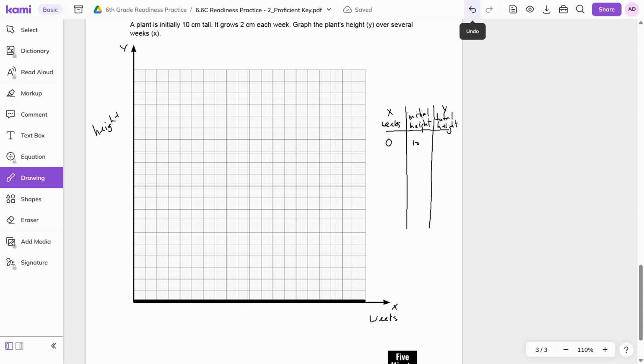Well, before anything happens, it's just going to be 10. So what we're doing is after that, it's going to grow 2 centimeters a week. So it's going to be 2 times our weeks plus its starting height of 10 equal our y. So after 1 week, it's going to have grown 2 centimeters plus that initial 10. So that's going to get me 12. After 2 weeks, it's going to be 2, 4 plus that initial 10. It's going to get me 14. So you notice how we're going up by 2's,